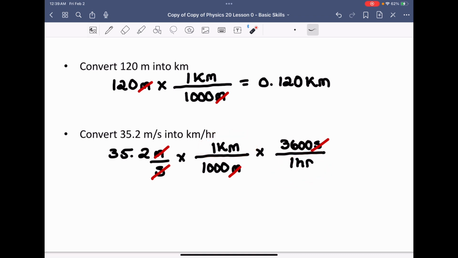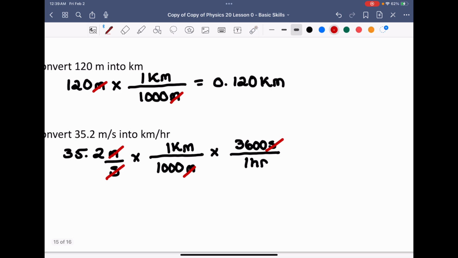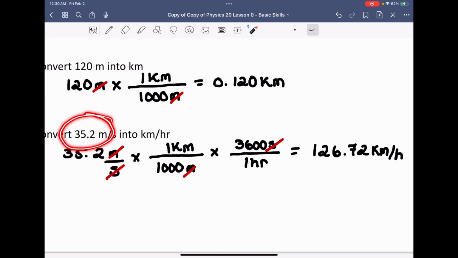Now, we can do the math of this, and so if we do the full math around this, we would say that this is equal to, and if you hold on just for a second, I can type this in, we're going to do 35.2 multiplied by 3.6, because 3,600 over 1,000 is 3.6, so 3.6 times 35.2, we get 126.72. But what I want to be aware of with this is that this is in kilometers per hour, so that's perfect, but we also want to account for the significant digits. There is only 3 sig digs here, and so what I want to round my answer to is